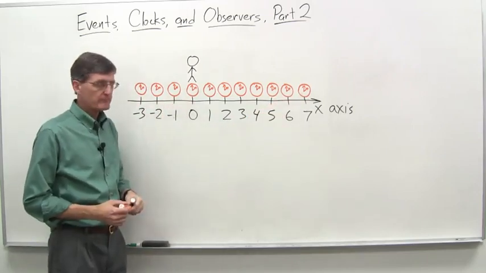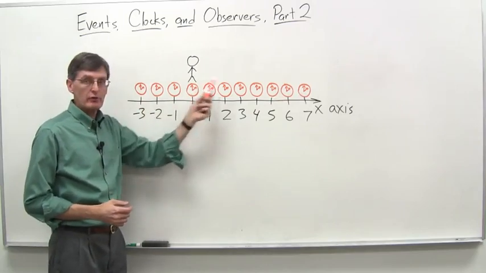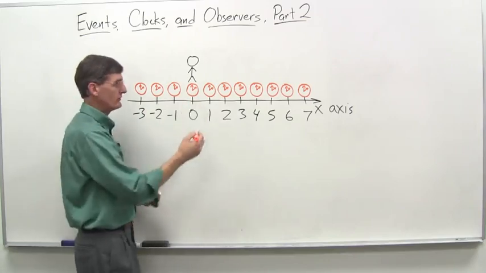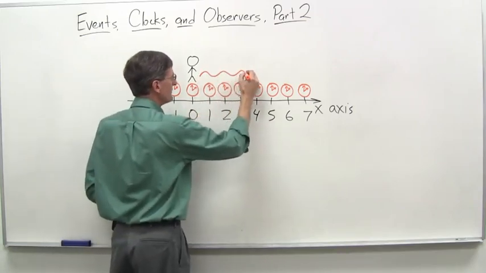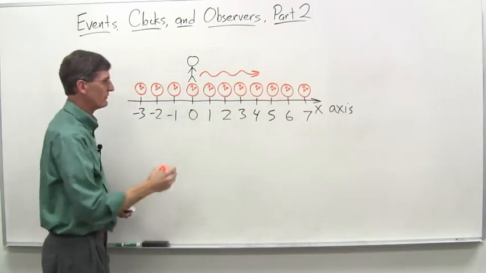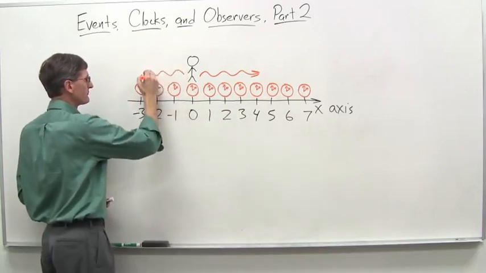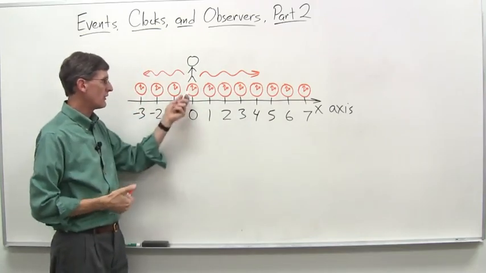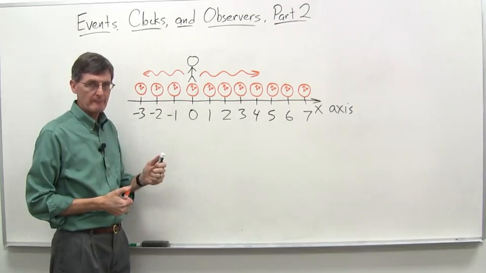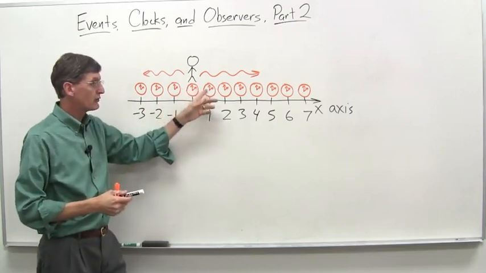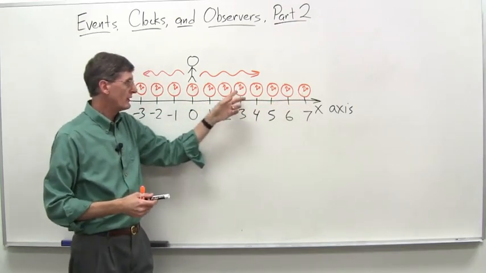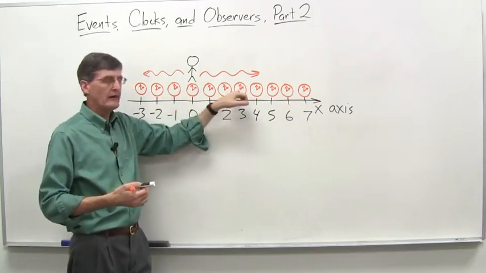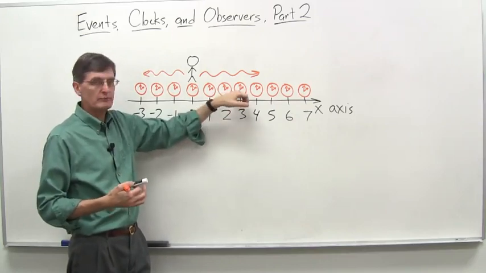t equals 0, we'll have a light pulse be sent along in both directions. We'll use orange here for our light pulse again. I guess we used green last time, so we'll use orange this time. So here's the light pulse sent out from the master clock position at t equals 0. And then as the light pulse goes along my line of clocks here, when a given clock receives that light pulse, or when the light pulse goes by and that given clock is triggered by the light pulse, it